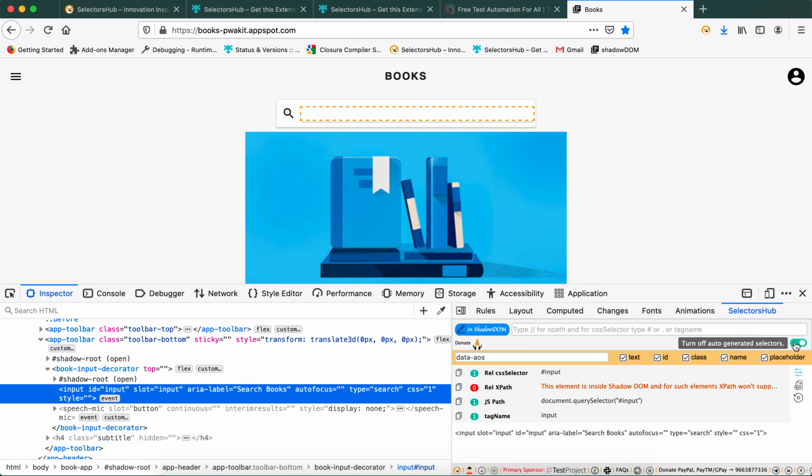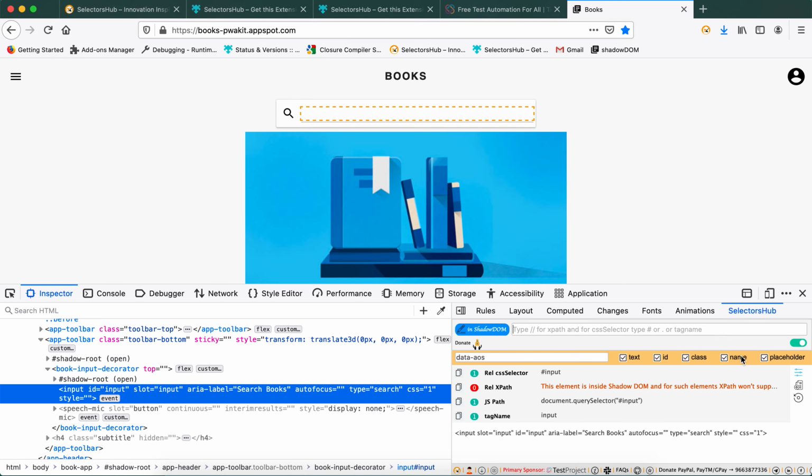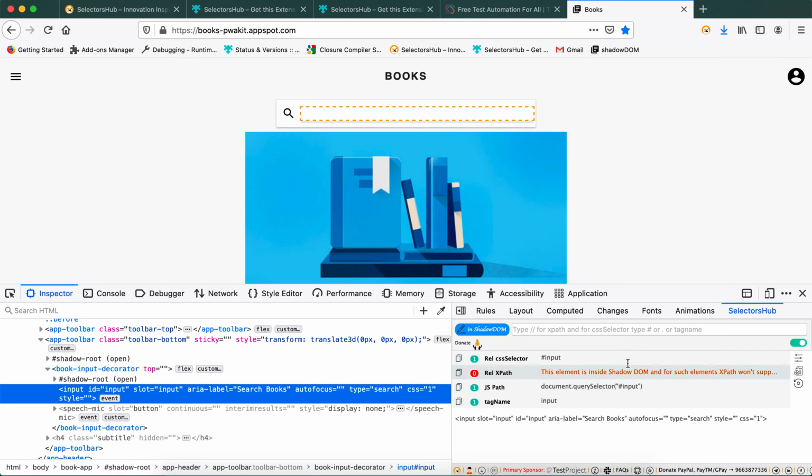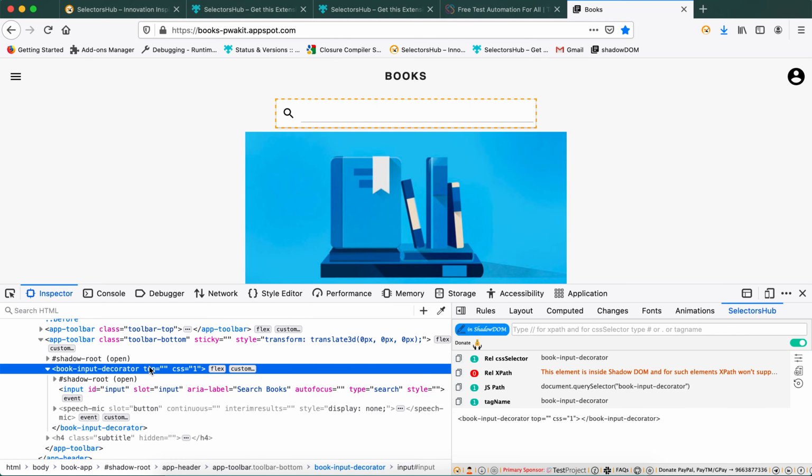At any point of time, you can change the UI as per your convenience. If you don't want to see this attribute filter, turn it off. It goes, you see, such a neat and clean UI which you will never have seen in any tool. Most tools give you a standard UI, whatever they provide, but here you can customize it. You can set it according to you, whatever you want to see, whatever you use on a daily basis.